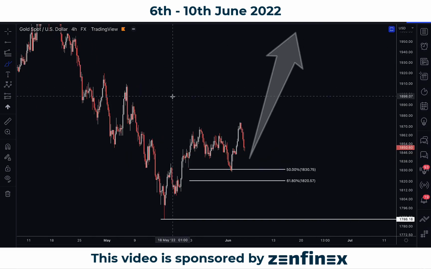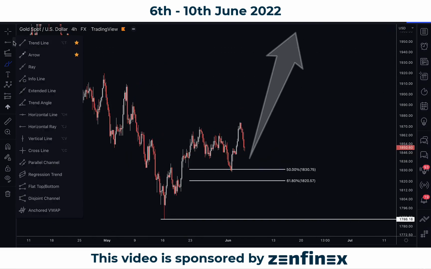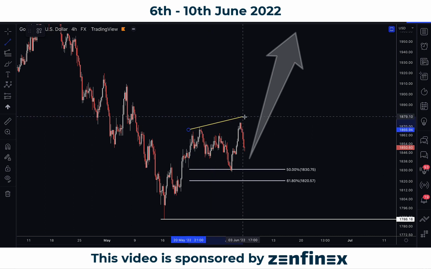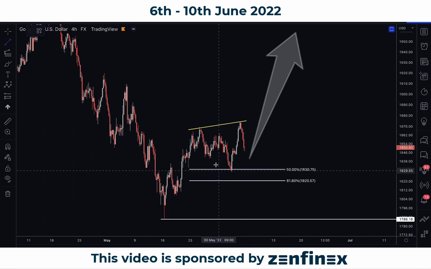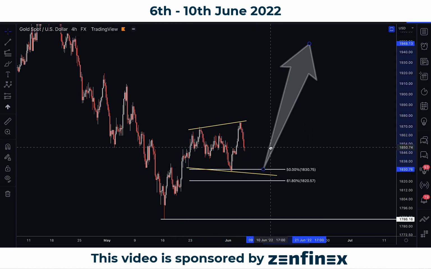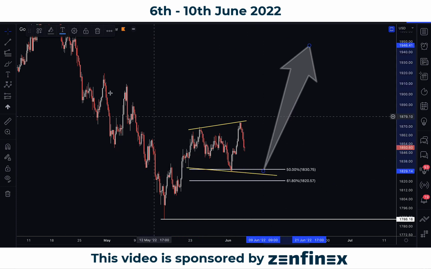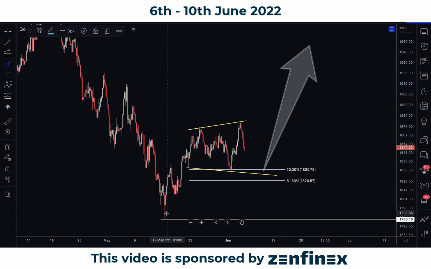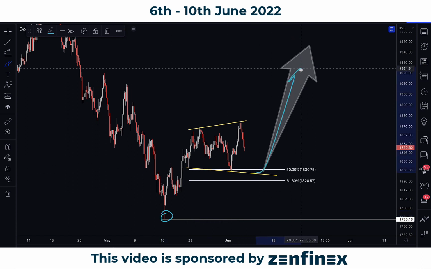Okay, for me over here, gold seems to be developing what we know as a potential expanding structure. That might look something like that. So we might see a little bit of downside on gold, but overall, as long as the market is able to maintain above this low, which is around 1786, we should be overall bullish on gold.